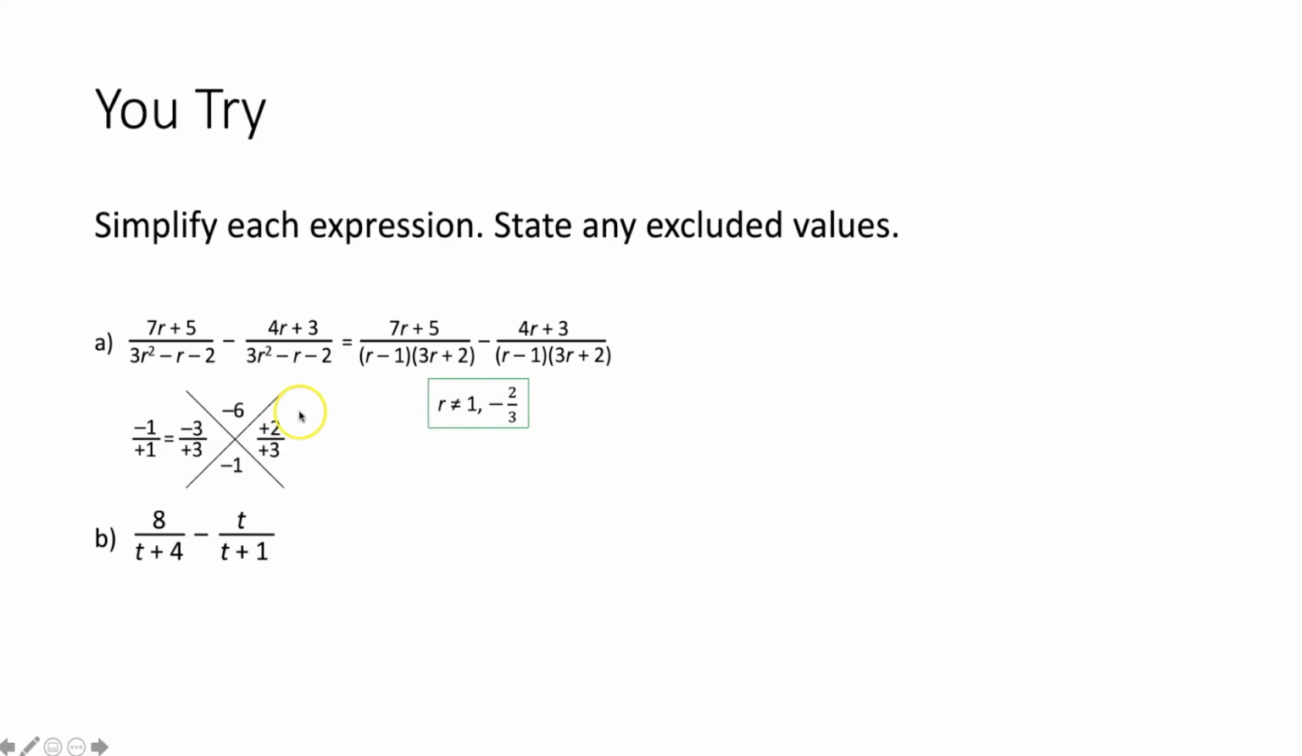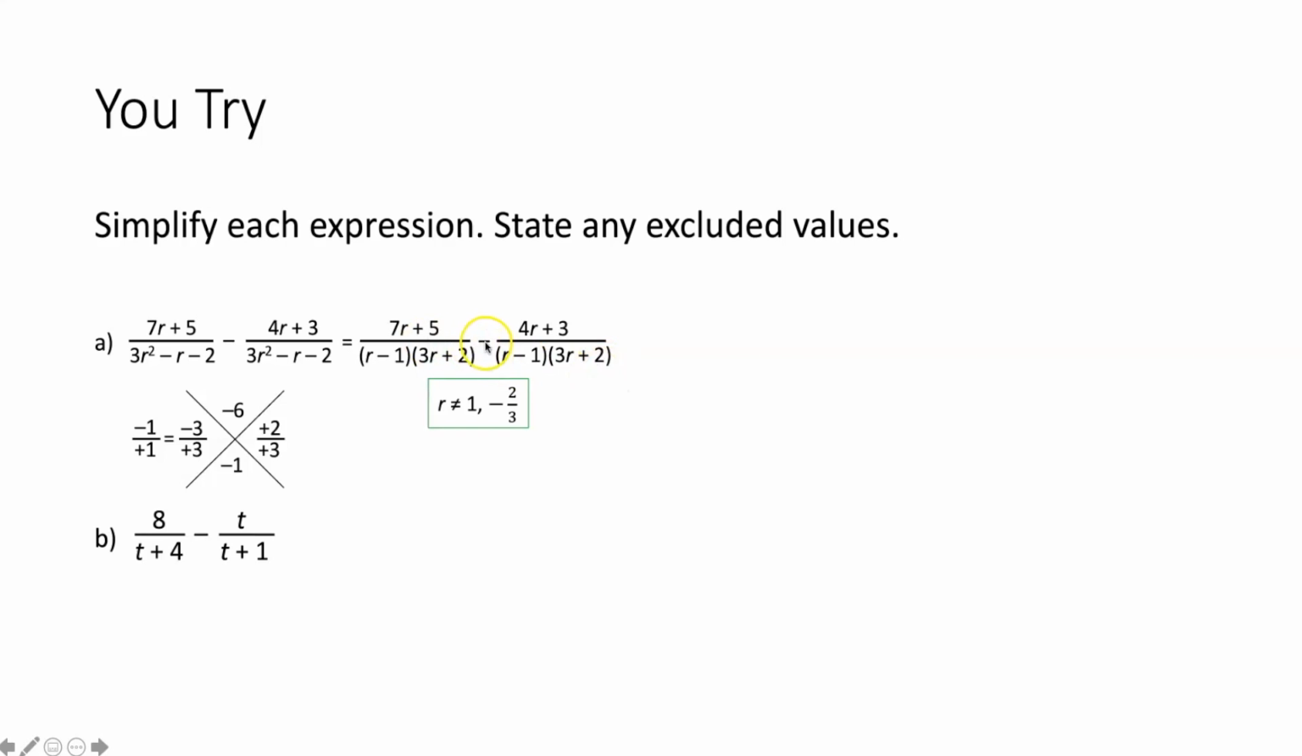So r cannot equal 1 or negative 2/3. Those are our two excluded values. Now that we know that, we can move on to step 3, which is to make sure that each fraction has a common denominator. They do. So we can move on to step 4, which is to subtract our numerators and put that all over our